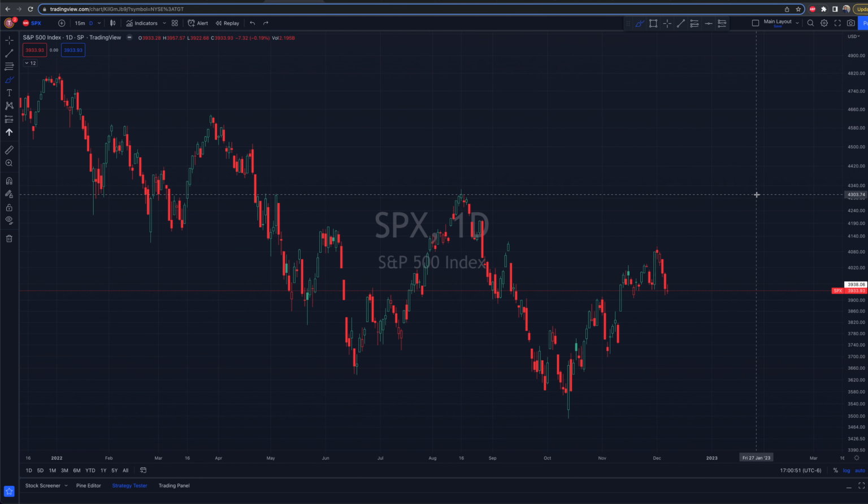Okay, great. So now what we're going to do is utilize TradingView and take TradingView to the next level, pull up this indicator, this strategy on our charts so that we can start playing. But before we do that and go over to the indicators tab and start running this strategy on our charts,